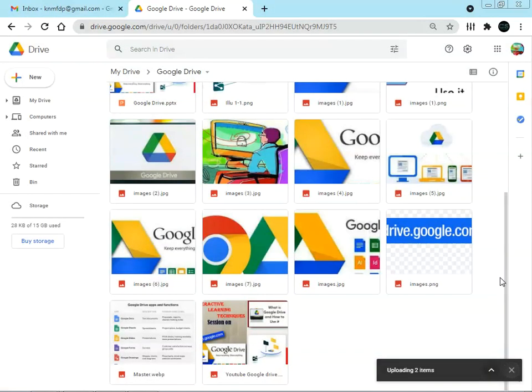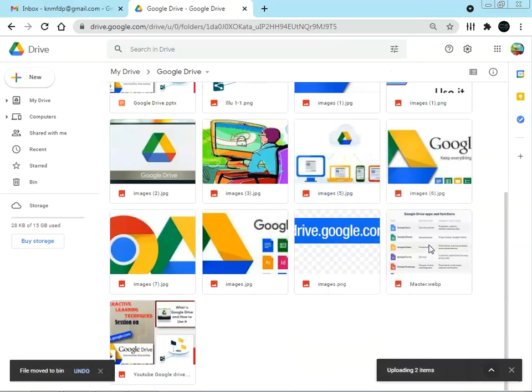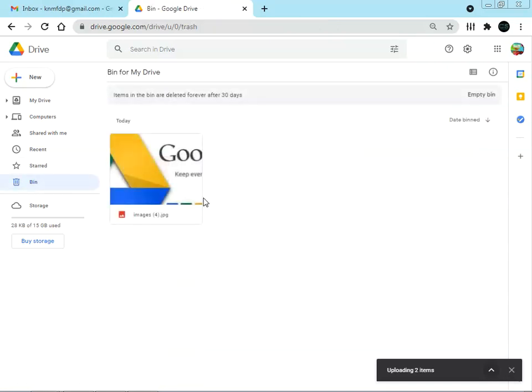Suppose this particular file is deleted. Suppose we make any change, or by mistake that particular file is deleted. Nothing to worry, this particular file will be available in the bin folder. If you delete it from the bin, that particular file will be completely deleted from the drive.